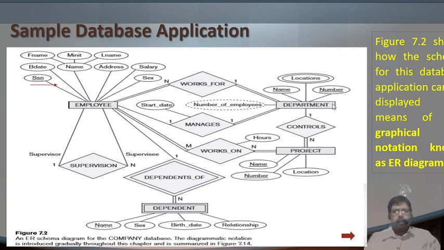Similarly, the department and employee tables have one more relationship, manages, created between the SSN of the employee, which is a key field, and the MGR SSN of the department table, which is a foreign key field. That relationship is created. I will show you in the table how this is created.